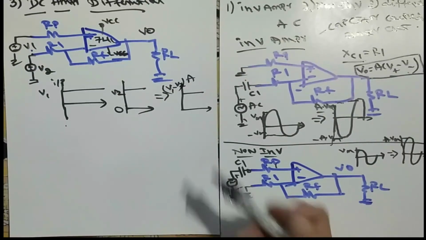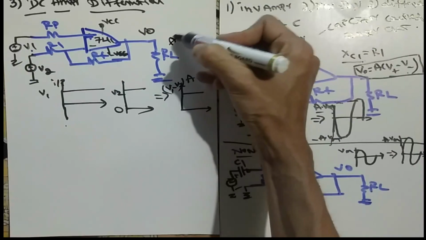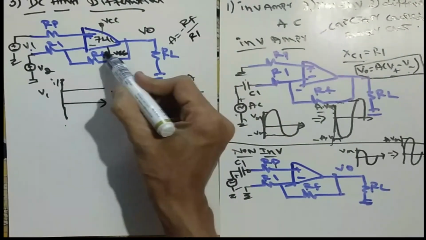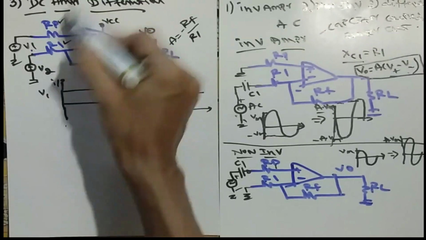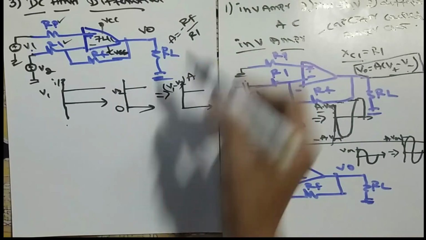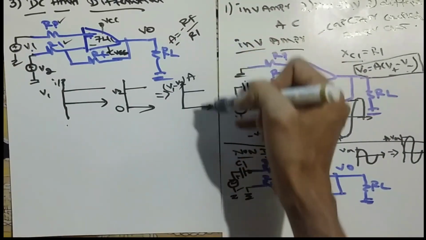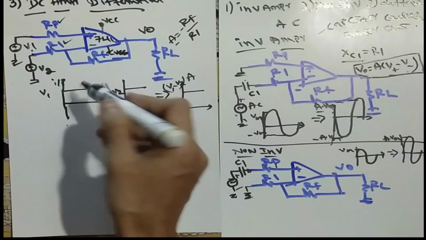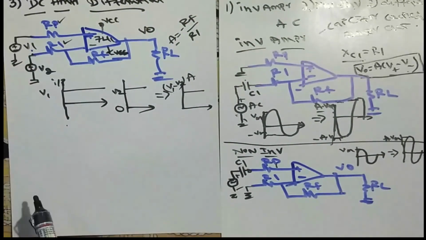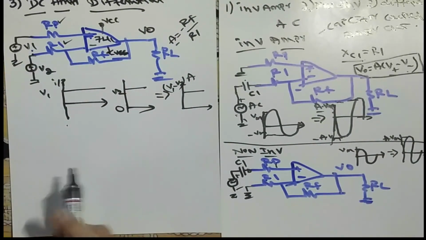So this is the gain. Anyway, we know that the differential amplifier gain is nothing but minus RF by R1. So here RF is this one, R1 is this. Anyway, the RP value you people know is all the resistances in parallel. So this is how we can find out the gain. From this we can identify the stuff. For the DC differential amplifier circuit, the main thing to remember is that we are giving input to both the positive and negative terminals.